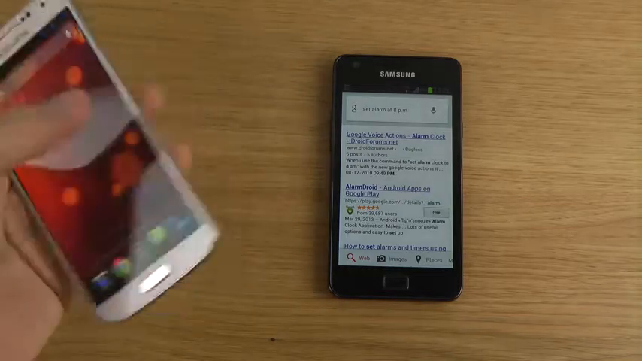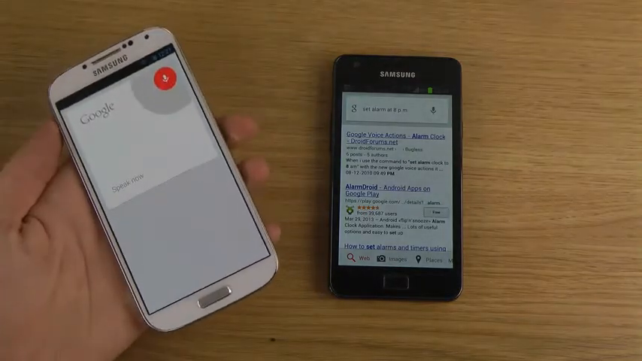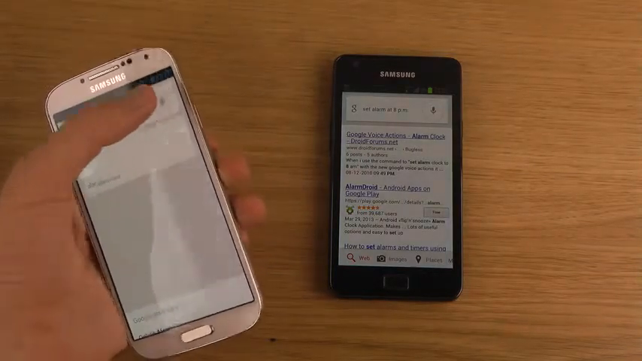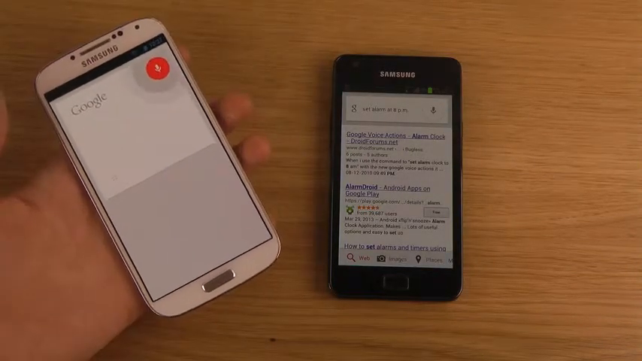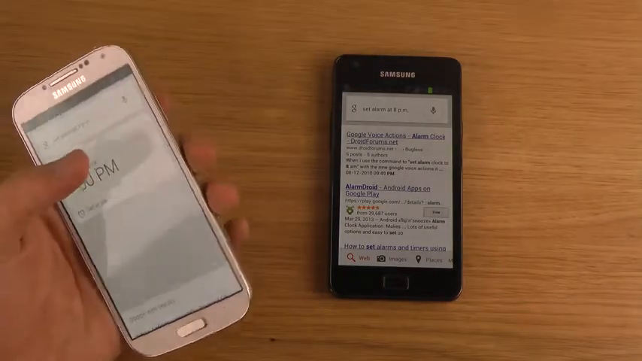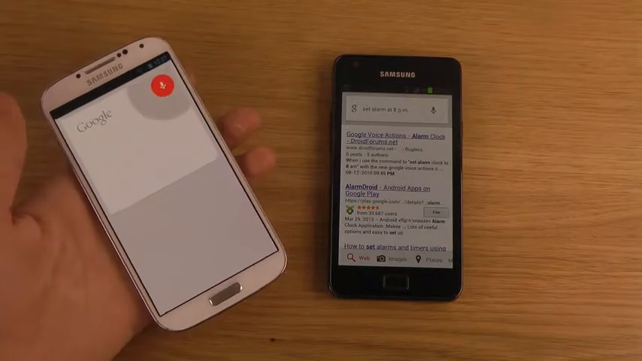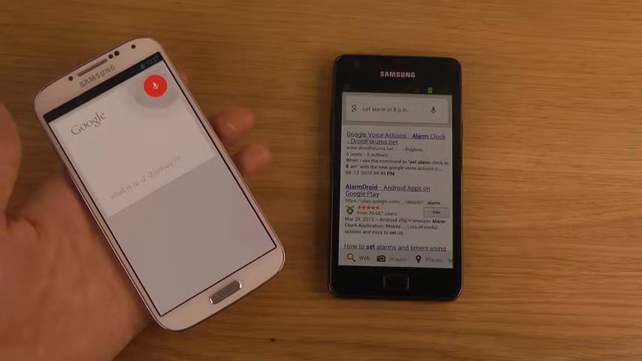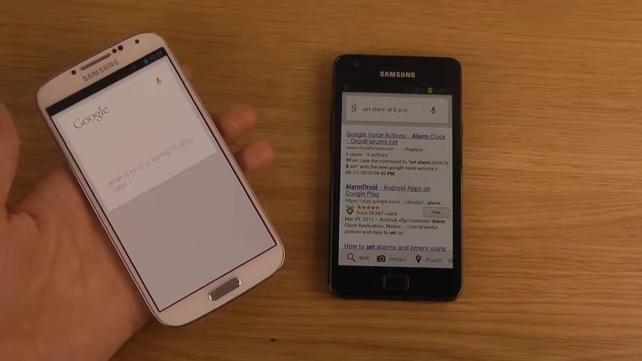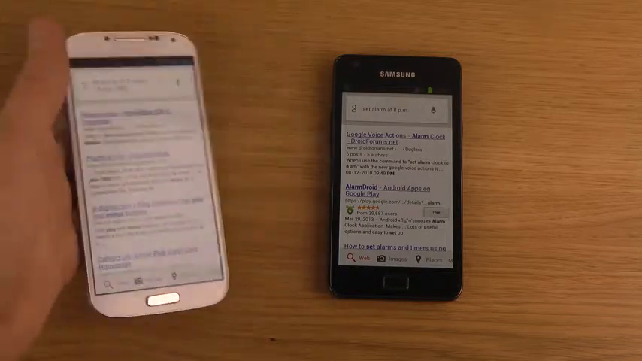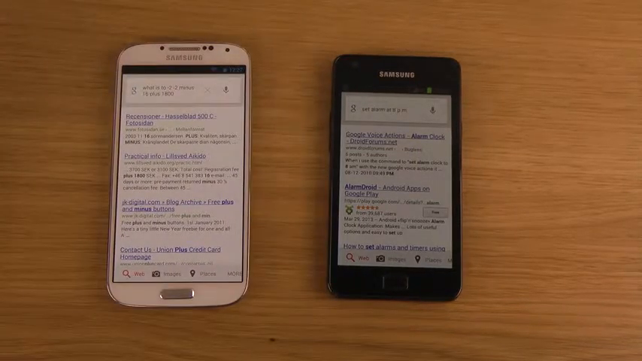So you can see here that if I set alarm at 7 p.m. Set alarm at 7 p.m. Setting alarm. What is 2 minus 2 minus 2 minus 15 plus 1800? Okay, I think I said something wrong there, but yeah, you can see that Google Now is available on both devices,